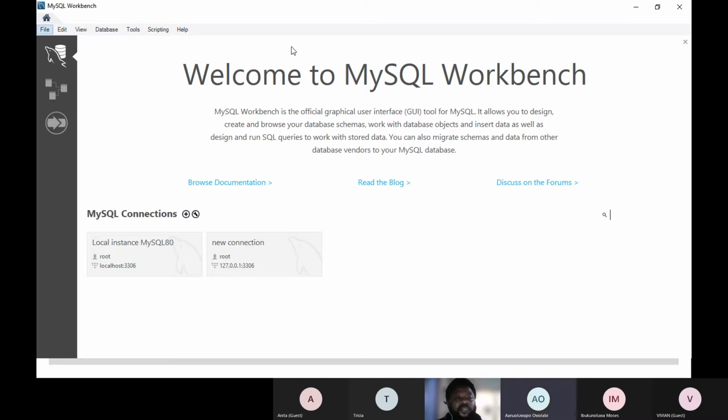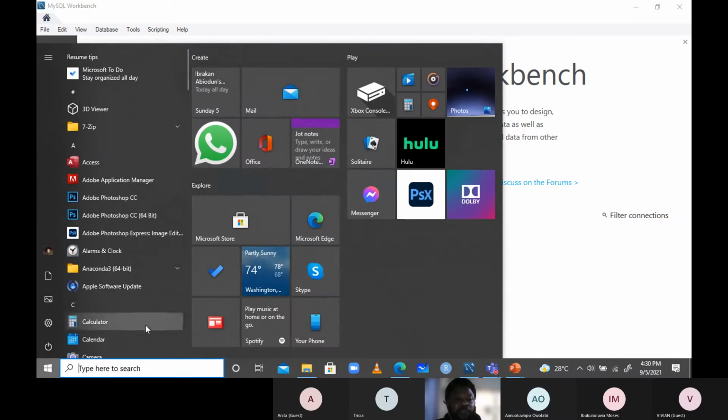All right. So this, yes. Maybe when I launch it, I'm supposed to have that. I can hear you. When I launch MySQL from my system, it only brings up this black screen. Okay, that's what you have. Hold on. Can you see my screen? Can you see this pop up on my screen?